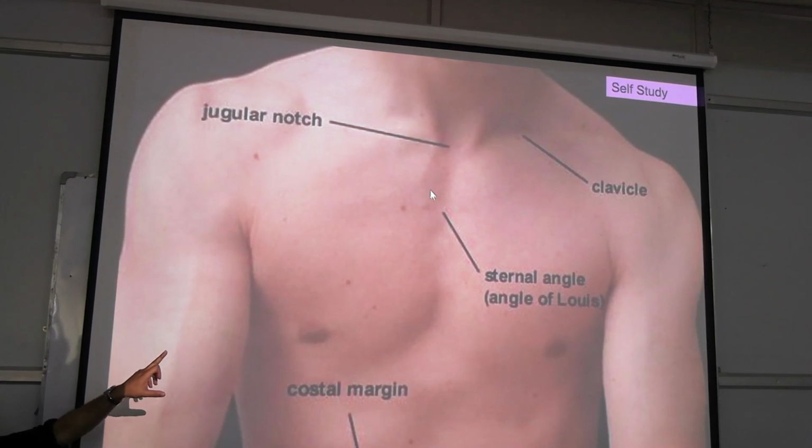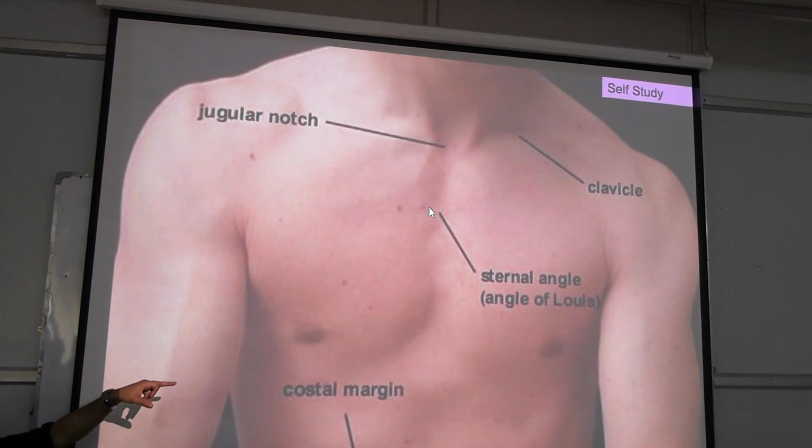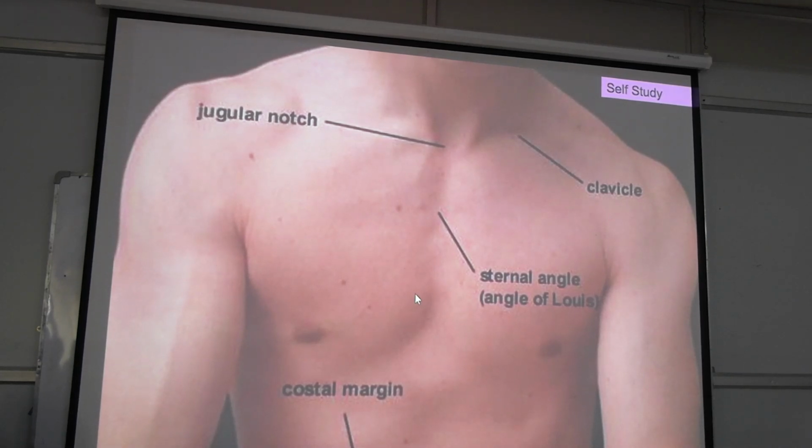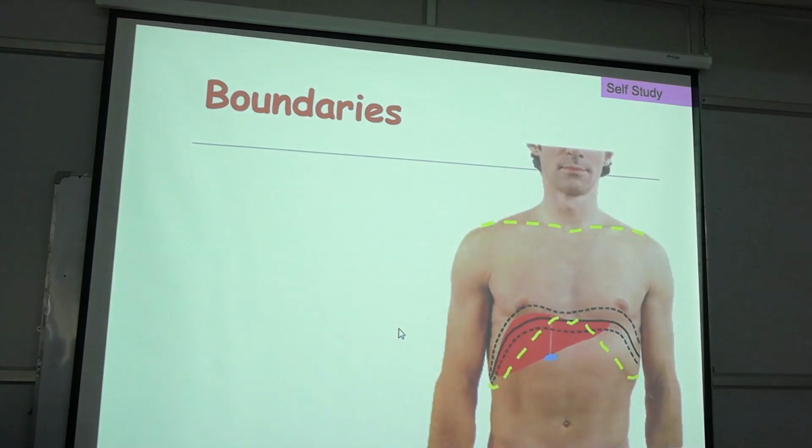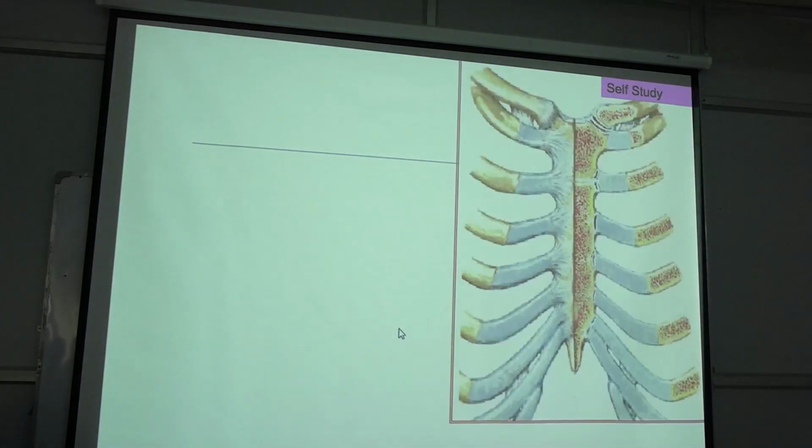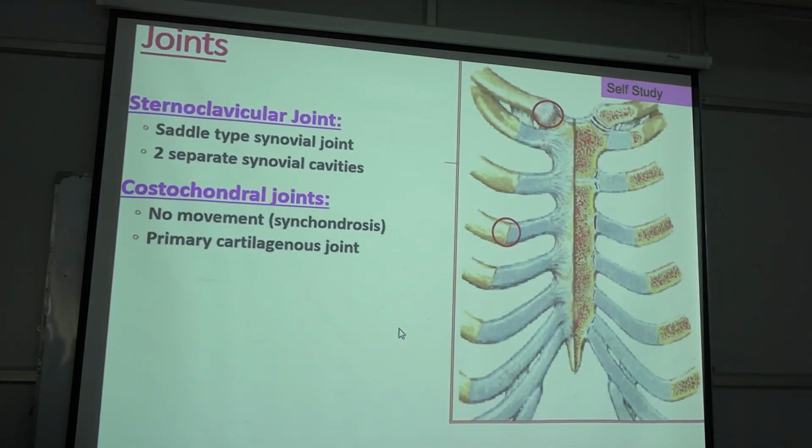You will see that from a depressed part you are going into an elevation. That means this is the elevated part, the sternal angle. Then you count this rib as the second rib, above it the first rib, then the third rib, fourth rib, and so on. So this is how this particular part of the sternum matters to us, starting with the joints